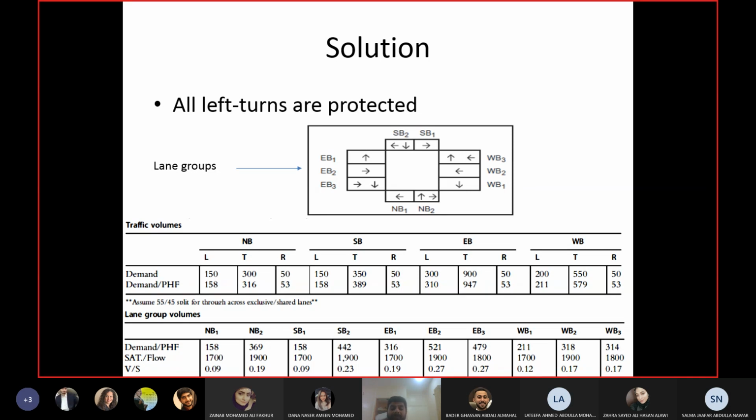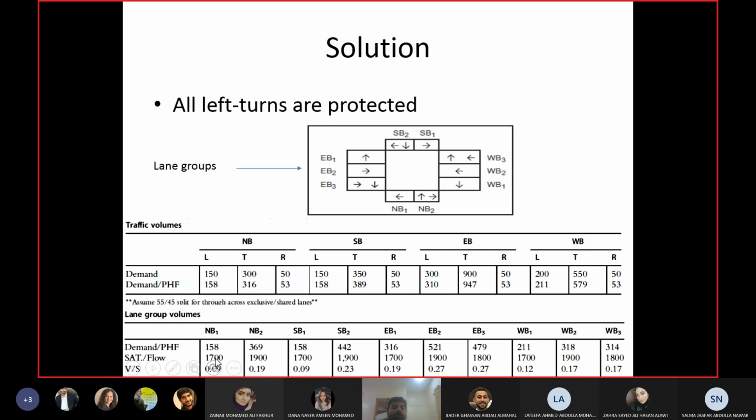So the through movement will be divided like this, and obviously for the right turning, there's only 1 lane available, eastbound 3 and westbound 3. So complete right turning flow rate will go in that lane. So you have the flow rates for each lane group. Then you have the saturation flow rate, which is coming from the previous topic. We had a range 1700 to 1900, and from that range they have taken some values. And I've already explained in the previous topics, if you have the headway, you can calculate these values yourself. Okay, but for the time being, we'll take it as they are saying.